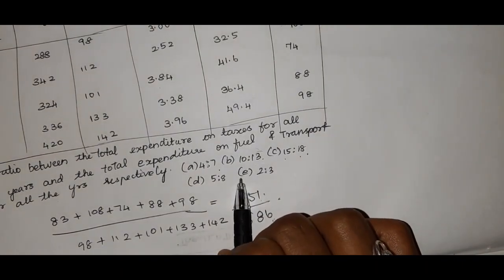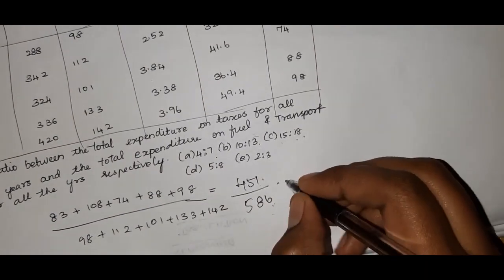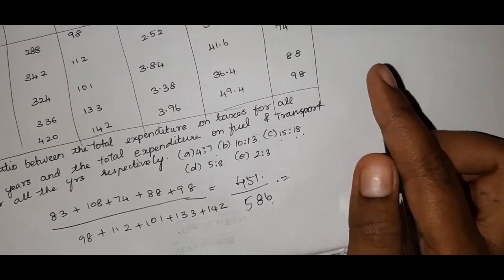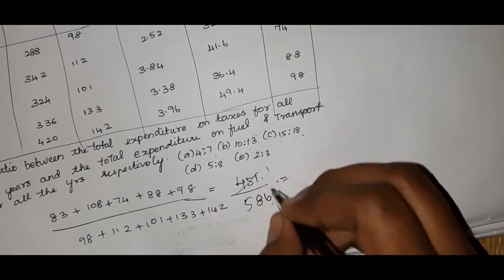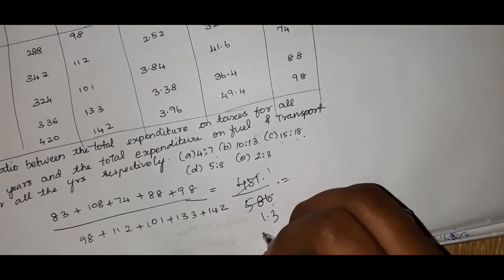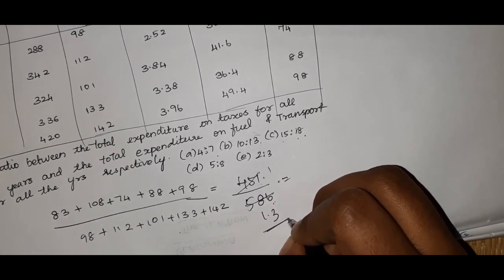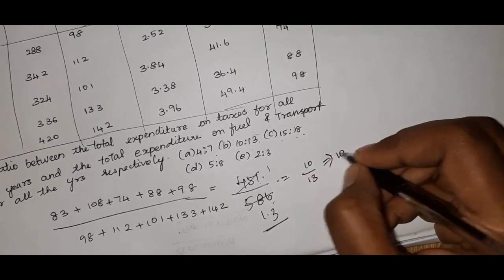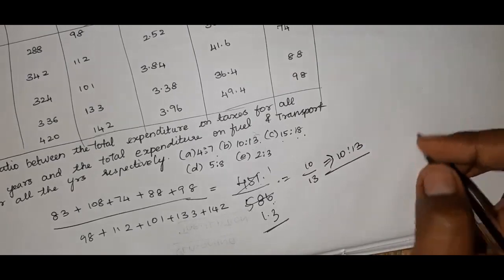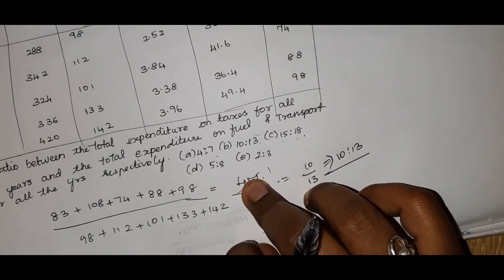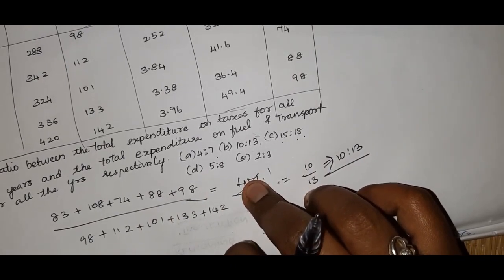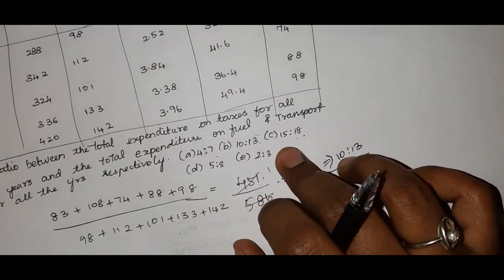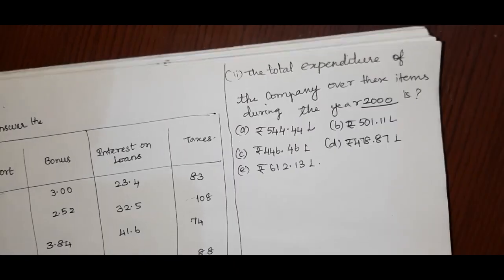So from this we have the value approximately, in the 451 it's 1 time and this is 1.3 times. This is an approximate value. So we can write this as 10/13. So the ratio will be 10:13. This is how we have to answer this question. And we can mostly derive the answer from the options itself. And let's move on to the second question.